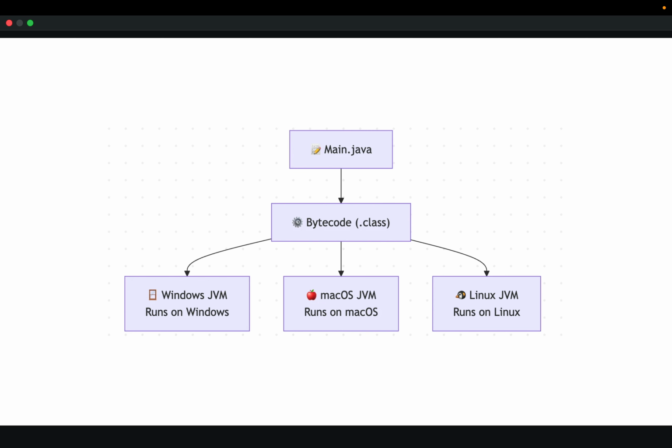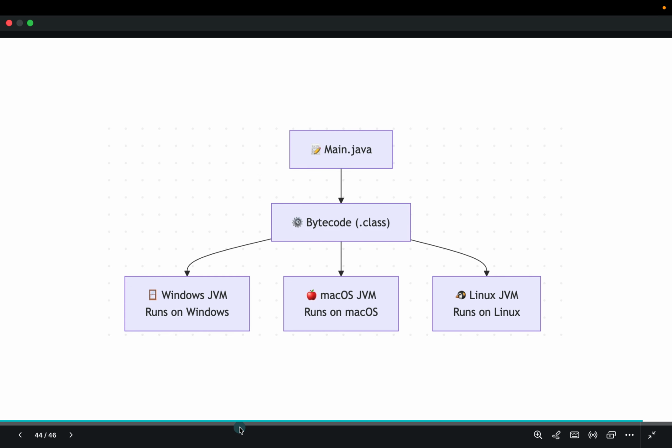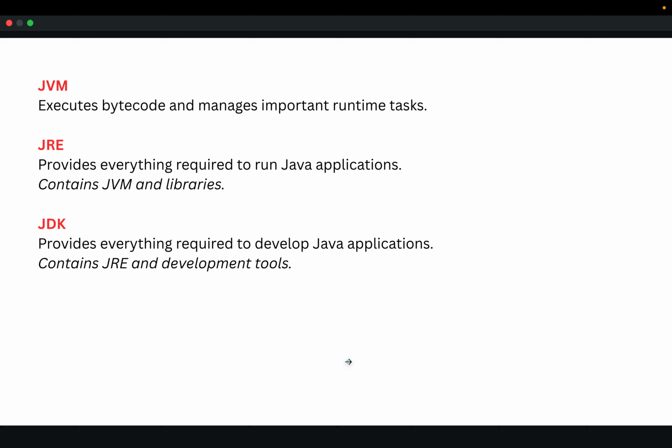You can visualize it like this. There is a main.java file which will be converted into bytecode, and that bytecode can be executed on different operating systems which have their own JVM. So that's why the code is the same but only the JVM changes. That is the platform independence. So just remember these three points. JVM executes the bytecode and manages important running tasks. JRE provides everything required to run Java applications and contains JVM and libraries. JDK provides everything required to develop Java applications and contains